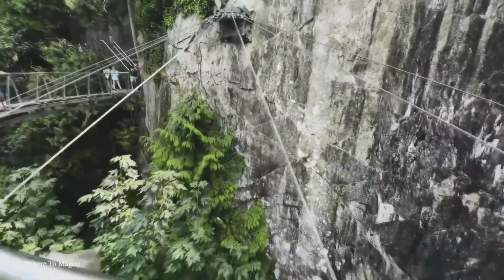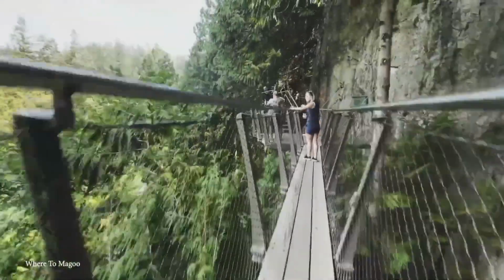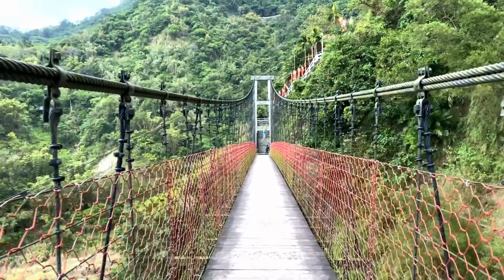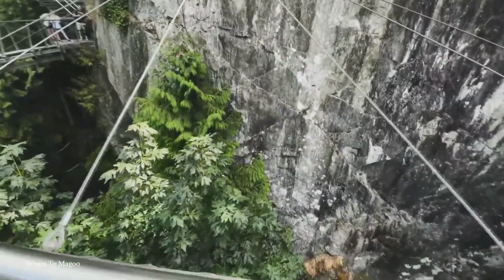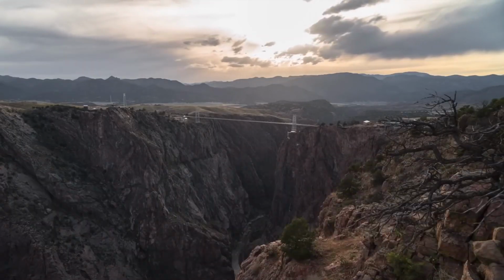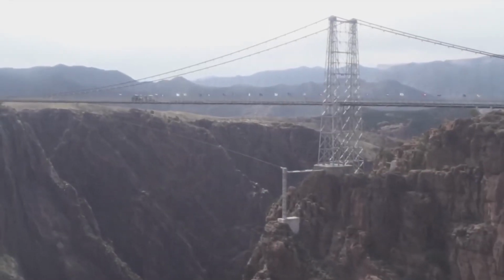canyon. This walkway, anchored directly into the cliff rock, offers a series of secure and narrow pathways extending out from the cliffs, providing breathtaking views of the suspension bridge, the river below, and the surrounding forest. All of these developments raise the question, would Mackay and his band of merry adventurers approve of the transformation their bridge has undergone? Ranked at number 8, we have the Royal Gorge Bridge, a renowned tourist attraction near Cannon